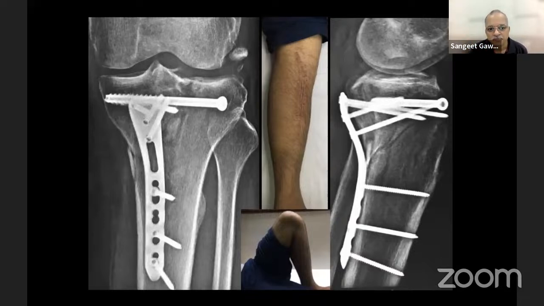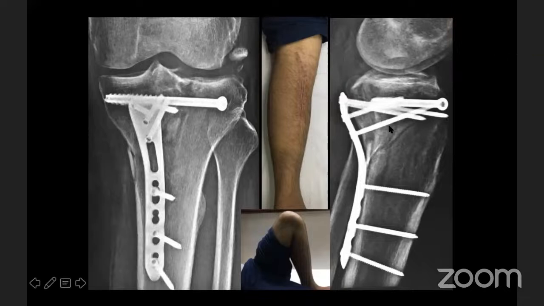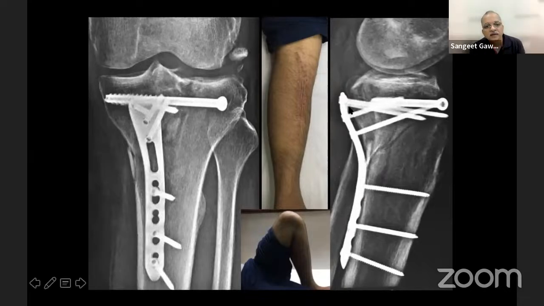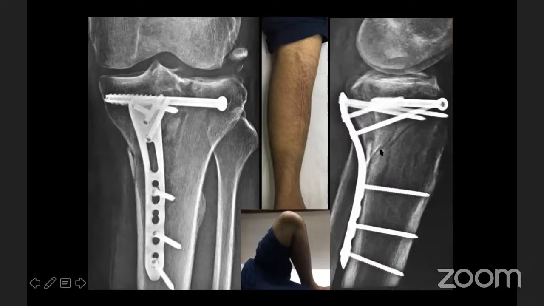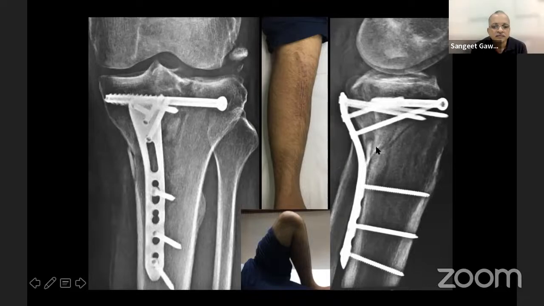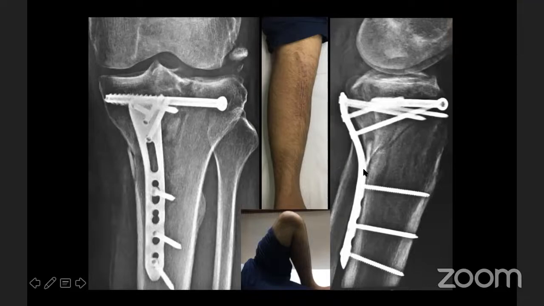Am I right? Sir, every time we always fix all the screws, so it becomes a bridging mode only actually. Suppose there is no comminution here, then also we fix the same screws. If there is comminution, we have fixed the same screws. Okay. Sir, two questions, please. I'll answer your questions. Sangeet, we are just putting this plate to get this